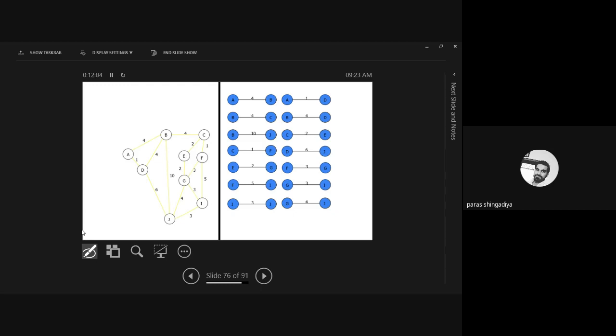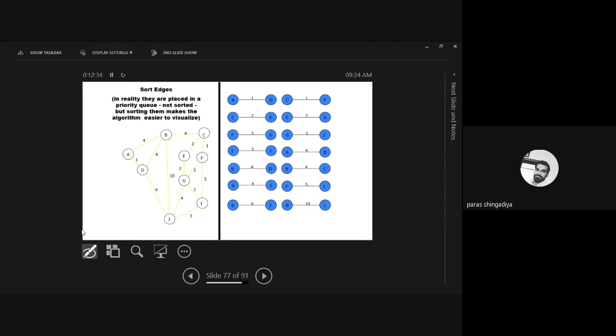In the first step, you have to collect all the edges there. ठीक है, सभी एज का एक लिस्ट बनाना है. That is a list of the number of edges. Clear? As per the graph. Okay, that is the first step. All the edges you have to mention sequence-wise, one by one. And then in the next step, you have to sort them. ठीक है, इसको sort करना है as a chain. Clear? Minimum value, then the next minimum, and so on. So arrange all the edges sequence-wise.